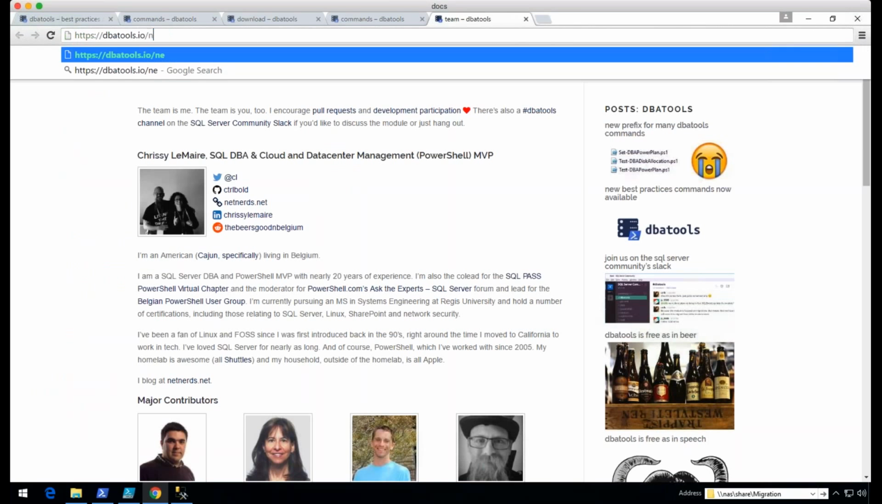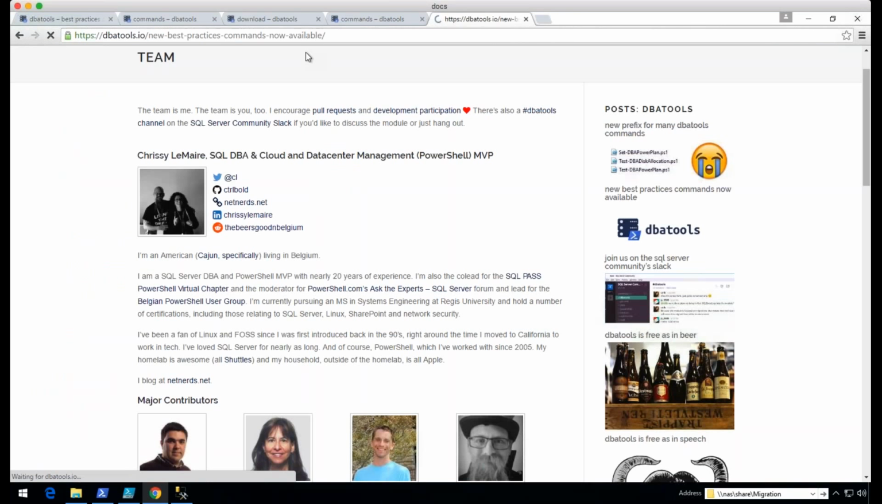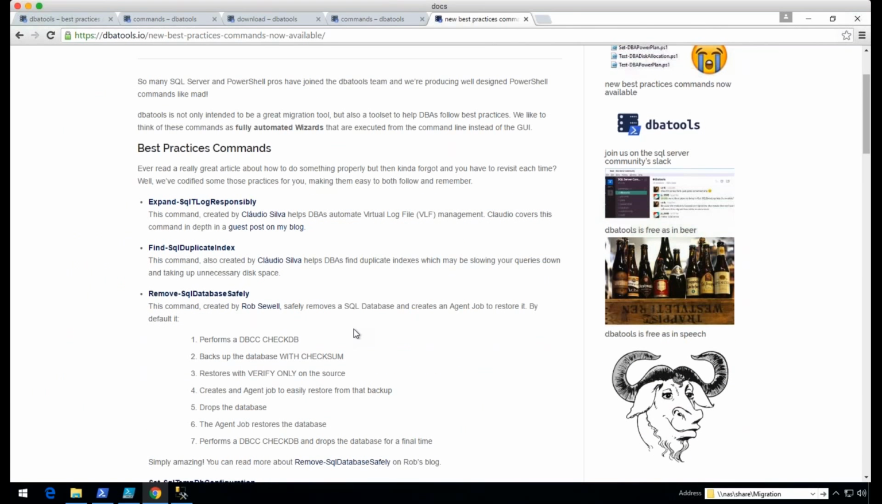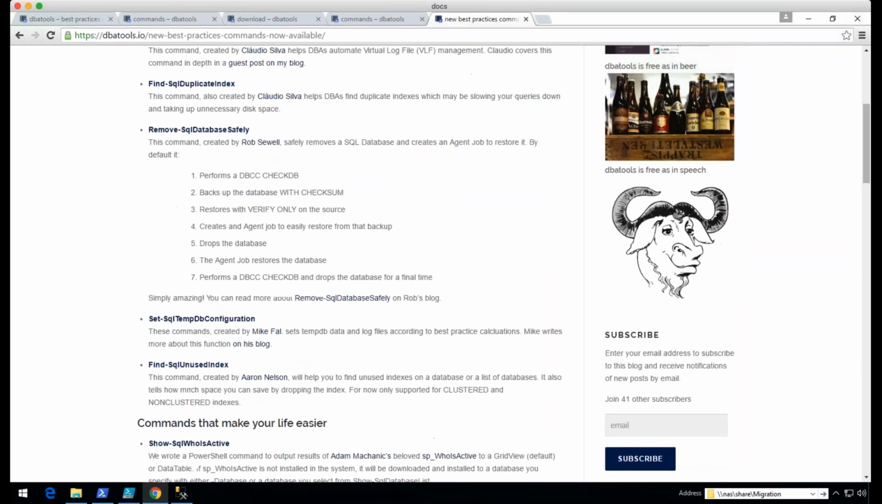I want to go over a couple of the other commands that are available. So we have Expand-DbaTLogResponsibly, which, if you have a lot of VLFs, that can really impact performance. This will expand out your T-log in a responsible way. We have other commands like Find-DbaDuplicateIndex, we already went over Remove-DbaDatabaseSafely. We have Set-DbaTempDbConfiguration, so this is a best practice that Mike Fowl implemented. He did all of the thinking for us, so he codified this best practice into a script,